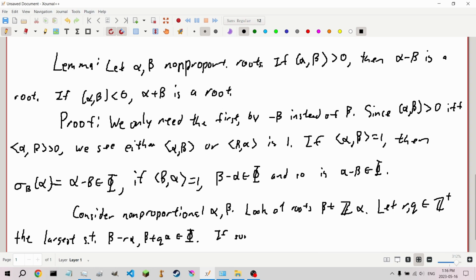If some beta plus I alpha is not a root, like if we want to say that there's a gap in this string,